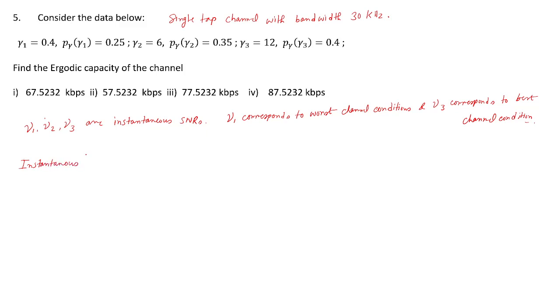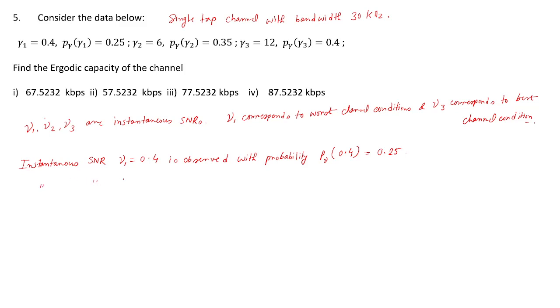Instantaneous SNR gamma 1 value of 0.4 is observed with probability P of gamma 0.4 as 0.25. Similarly,